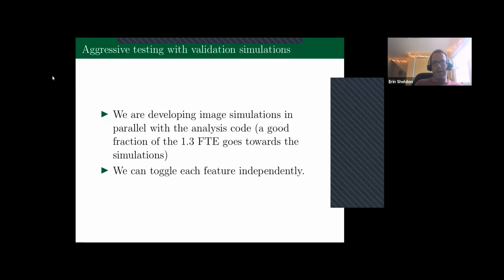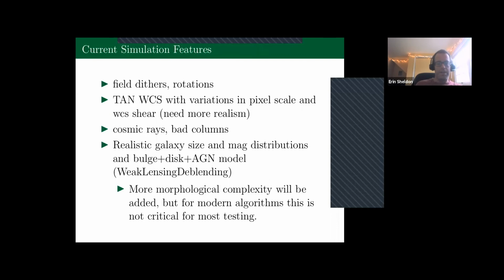What about the aggressive testing with validation simulations? So we're developing the image simulations in parallel with the analysis code. And a good fraction of our time goes towards these simulations. And we are implementing them in such a way that every feature can be toggled independently. And just some list of these things. We have the dithering rotations. We have tan WCS with variations in the pixel scale and the WCS shearing. We need more realism here with astrometric distortions. We have cosmic rays, simulated cosmic rays, bad columns,